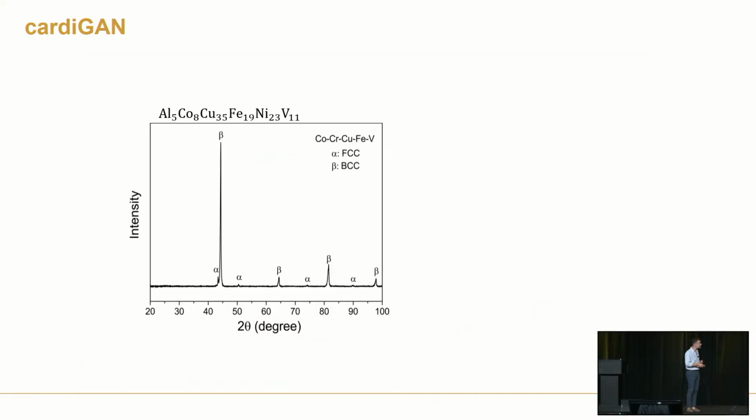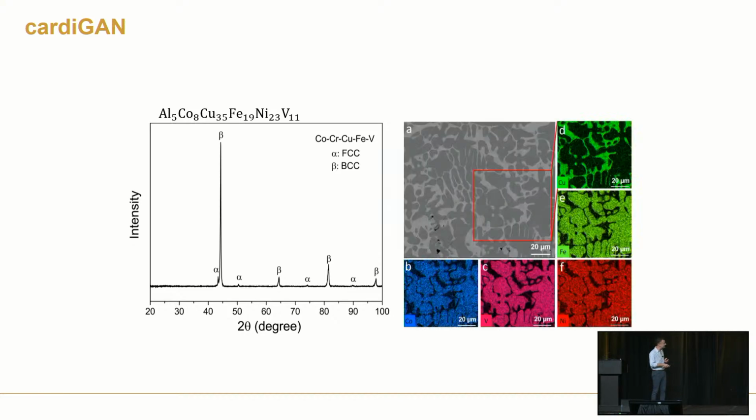So it was a single phase. I've copied the wrong one here. It turns out that it was a single phase FCC. I don't know why this is the wrong XRD plot for the particular alloy. You can see here that it's got the data for that alloy, not that particular alloy. So that's my bad. But what was a real plot twist for us, so forget the XRD data shown here, if you do the XRD data of this alloy, I know I've been in Cancun too long, it turns out that you just get FCC peaks.